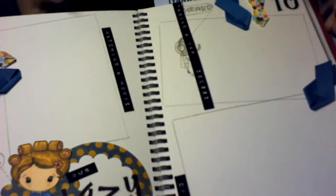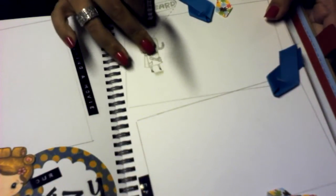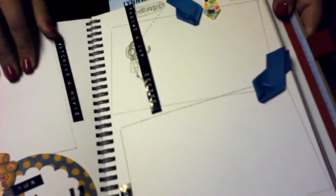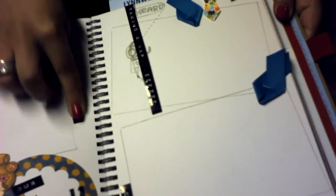And last, I believe that's last, this is today. I again marked where my pictures are going to be. I don't really care for some of these pictures, so they're going to be covered up obviously by the photos. This is day 10 today. I just added some ribbon sporadically and used my Tim Holtz little stapler, and I used my Dymo tape again,